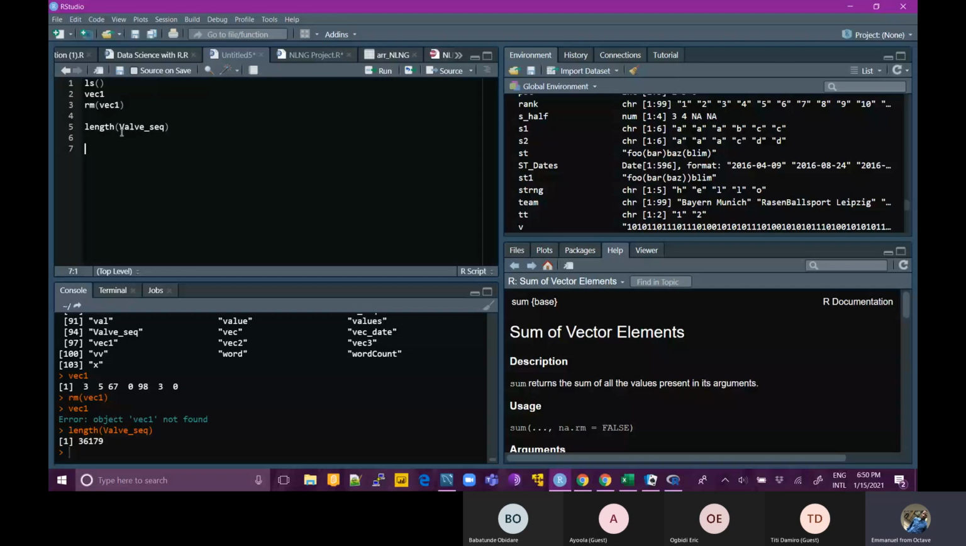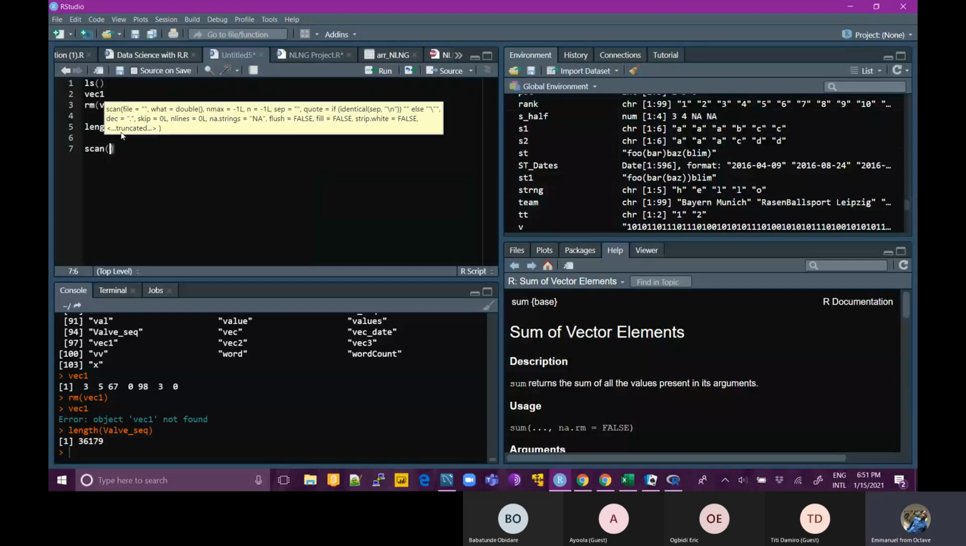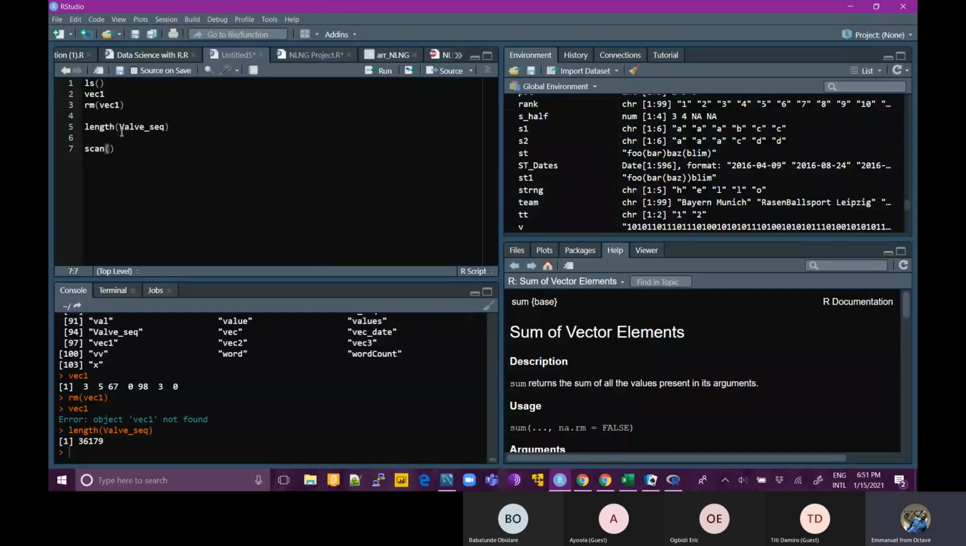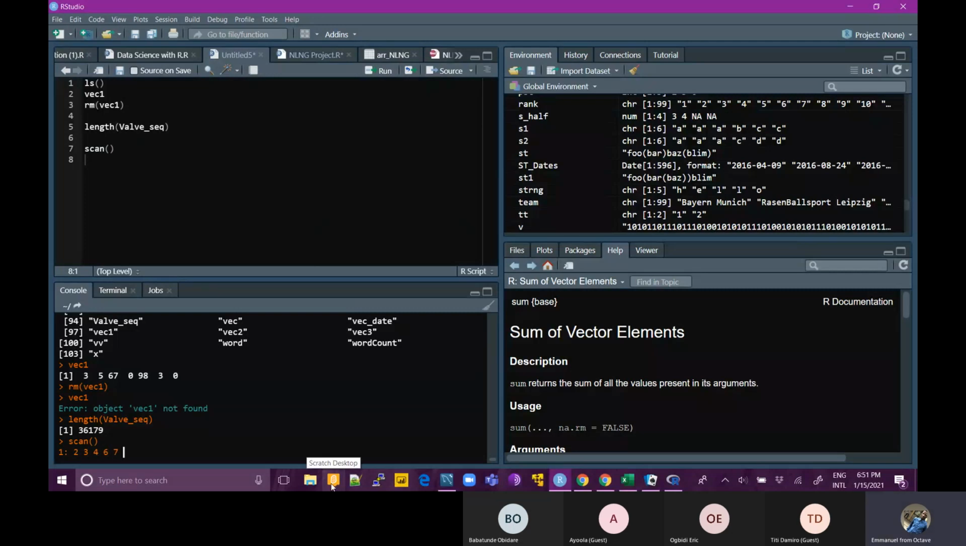So here I'm typing scan. Then let me run it. You can see in the console it's prompting me to enter values. So I can say 2, 3, 4 with a space. I'm separating the values by space. Remember, 8, 4, and 5. I press enter. Now it's giving me 9